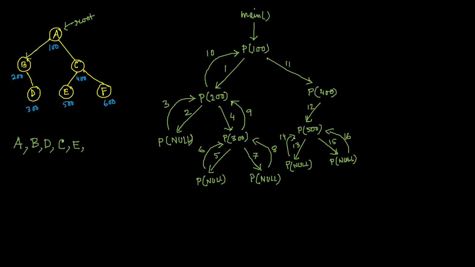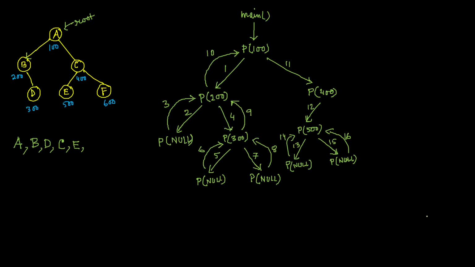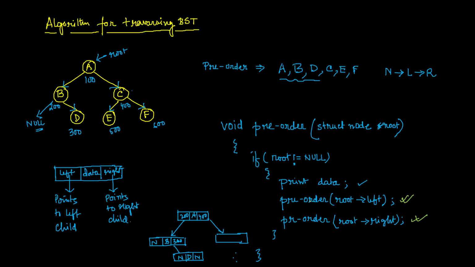And where will it return? It will return to this second line, right? That means the job of this whole call is completed. So now it will return back to this one, which is dealing with C, you see. As soon as it returns over here, where will it return? Obviously it will return to the first line, right?